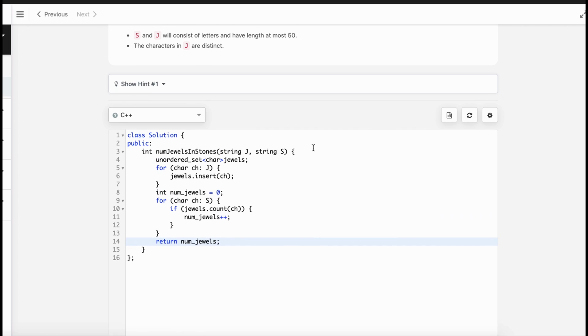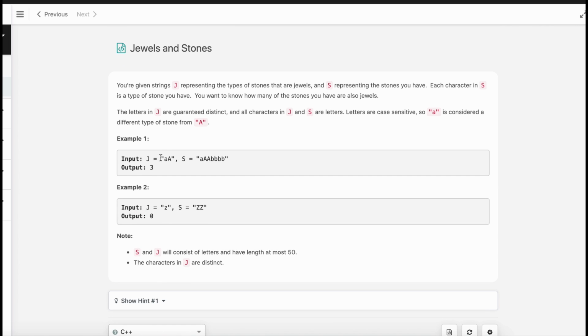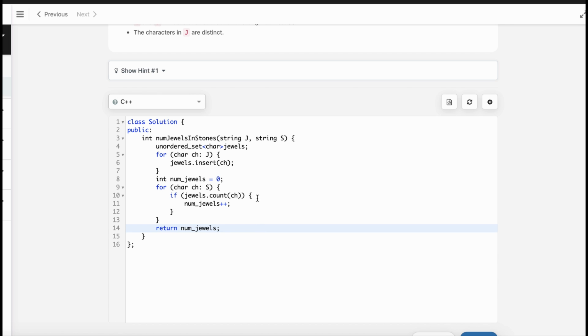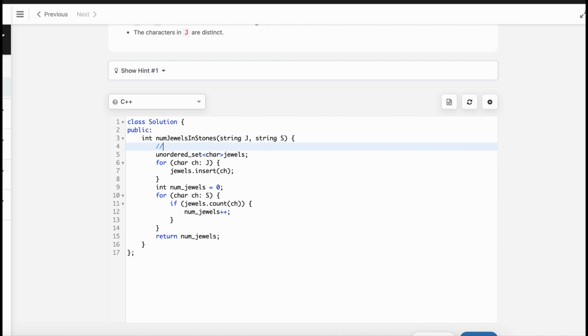No compilation issue. So how does the algorithm work? First of all, for the given sample, we can do the checking. The characters here are a and A, and we insert every character. Initially the set is empty, and whenever we iterate over the characters in J, we put a initially, then after that we put capital A as well in this hash set.